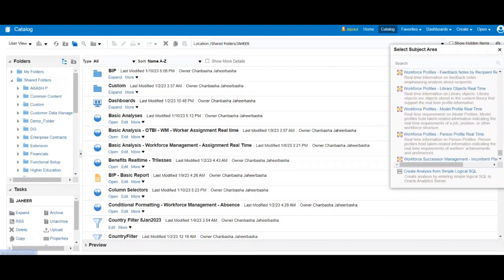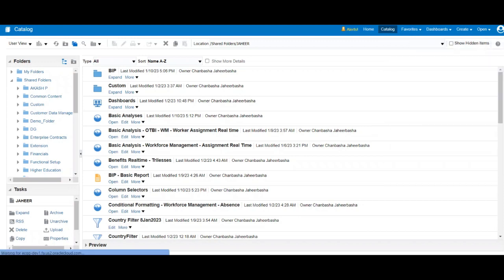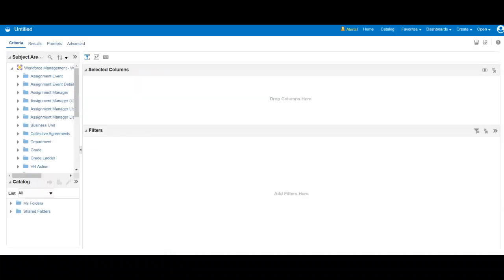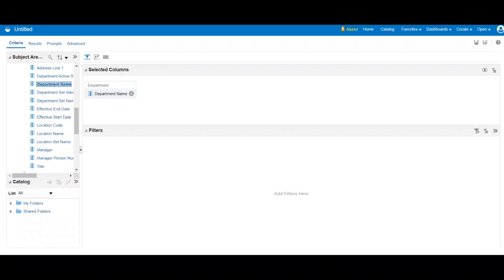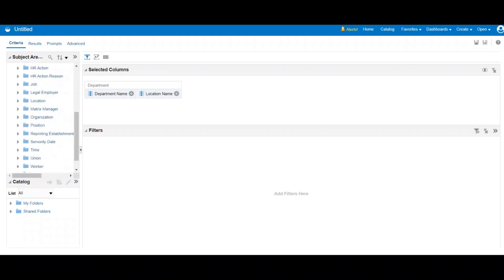So I am going to go to workforce management, worker assignment event real time. Okay, so I have selected this one. I'm going to drag and drop a couple of columns from different folders under the subject area. So let me take the first one, which is the department name. Let me expand the department folder. I'm going to choose the department name by doing a double click, and then location name also by doing a double click, and then let us take